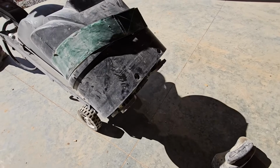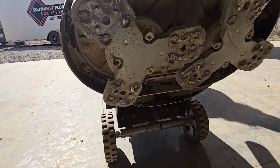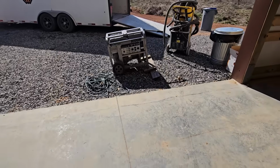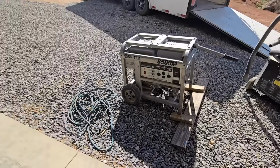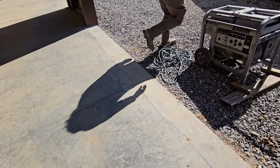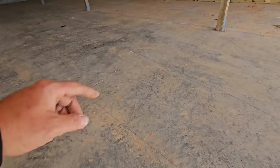Oh, nice. Oh, wow. Yeah, that'll do some stuff. And then they got this big old vacuum machine, and that looks like it plugs right into that bad boy, trying to minimize some dust. And a big old generator. So they're gonna start grinding the concrete, and then I got some more information on these